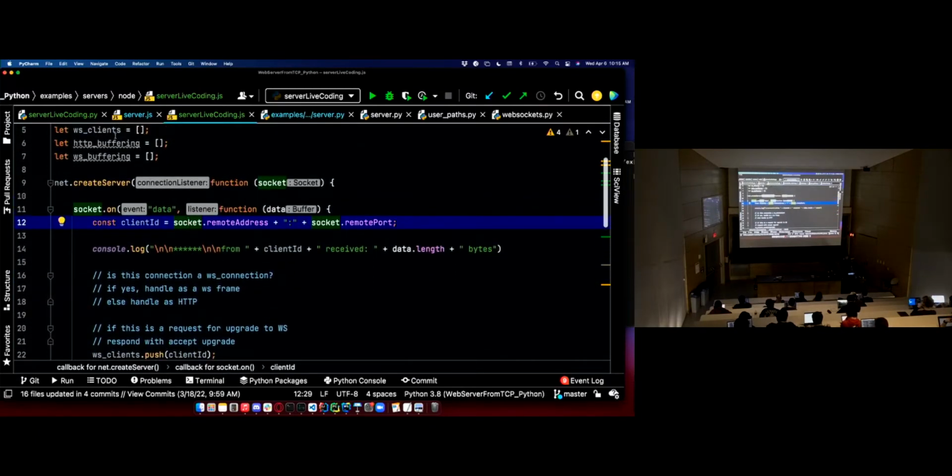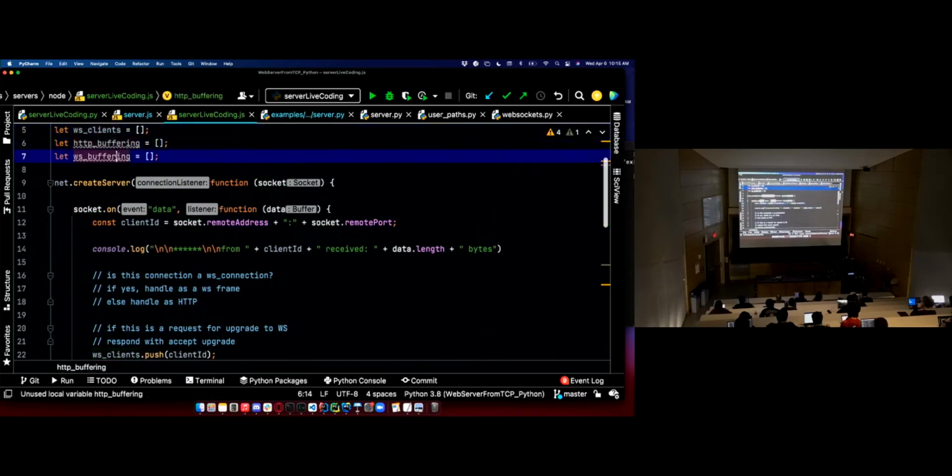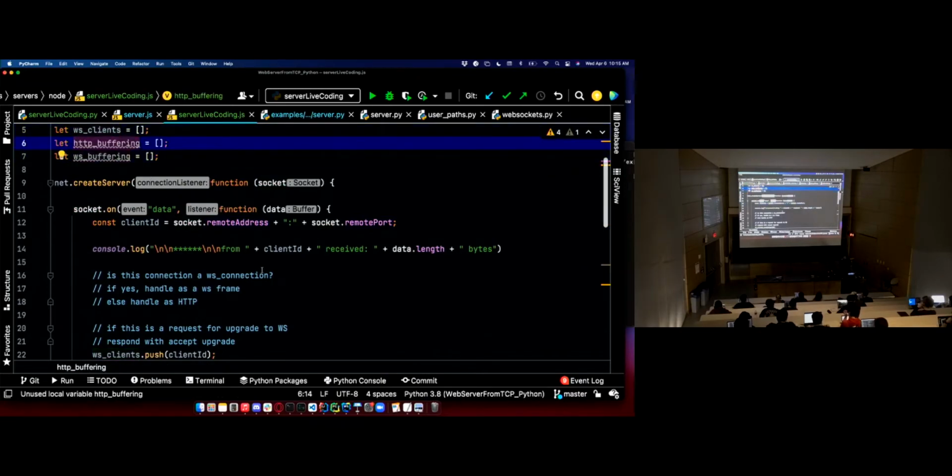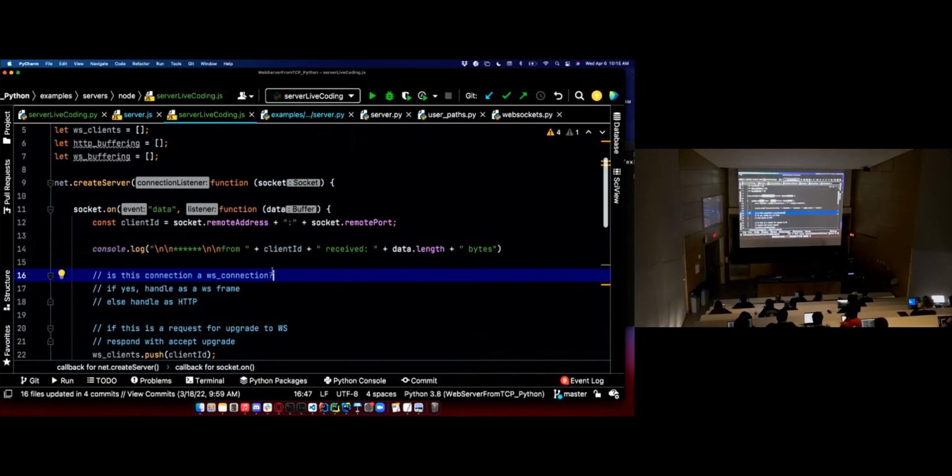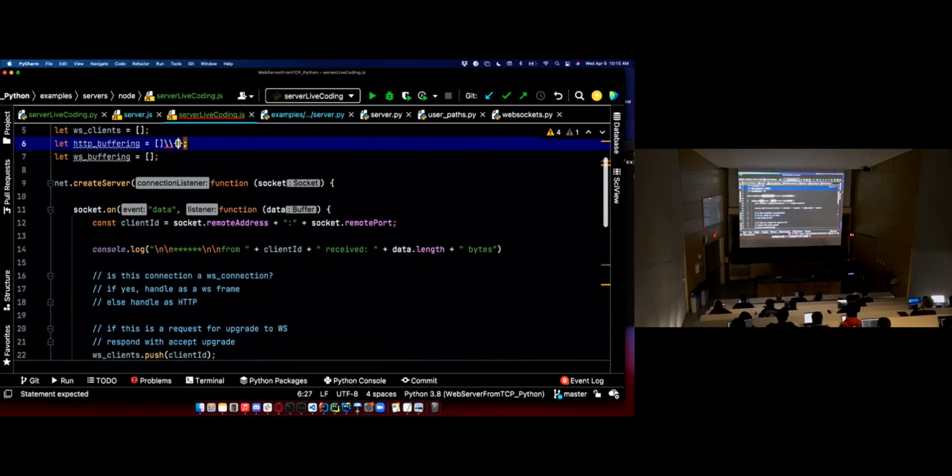So we're going to check: is this a WebSocket client? Is it buffering? Is it an HTTP client that's buffering? Depending on those, we're going to handle those bytes differently. And then for each buffer, actually these should be objects. For each buffer, you're going to take